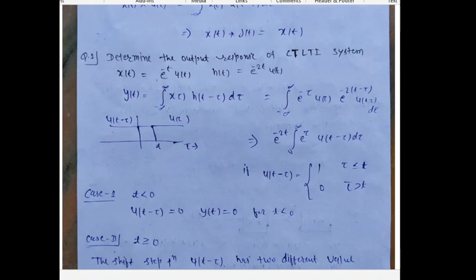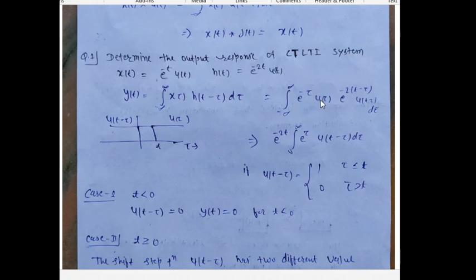So the first question is given. Our input is given as e to the power minus t u(t), and the system is s(t). The impulse response is e to the power minus 2t u(t). So we have to solve this. y(t) equals the integral of x(tau) s(t minus tau), which is the integral from minus infinity to plus infinity of e to the power minus tau u(tau) and e to the power minus 2(t minus tau) u(t minus tau). Here it is also t minus tau. So this equation will be satisfied when